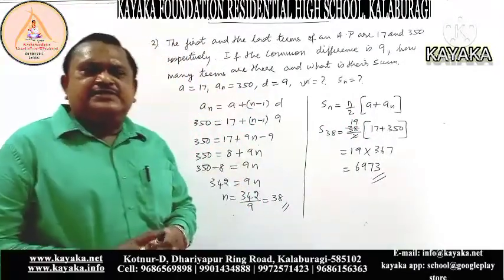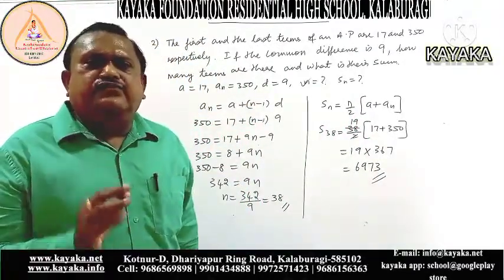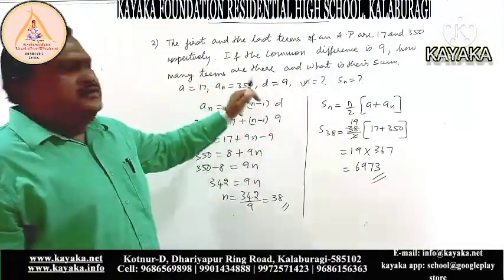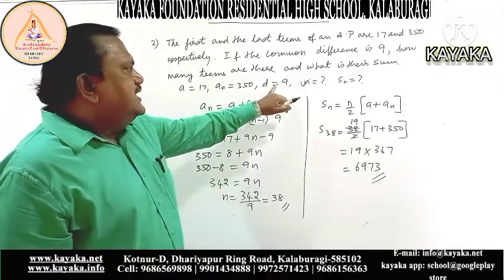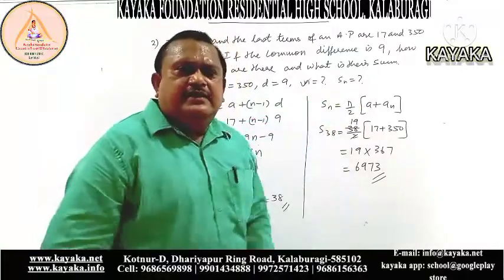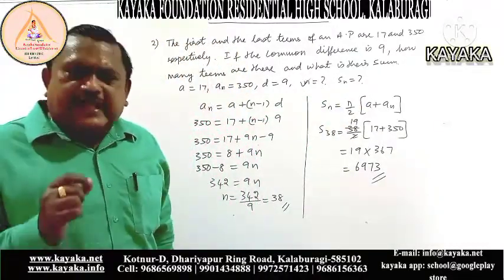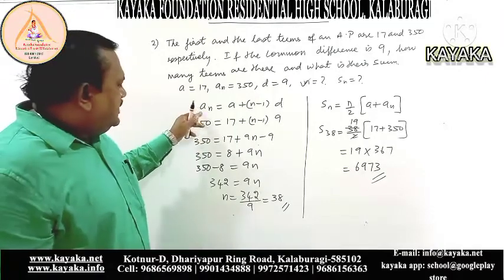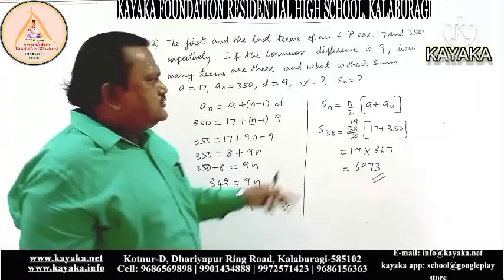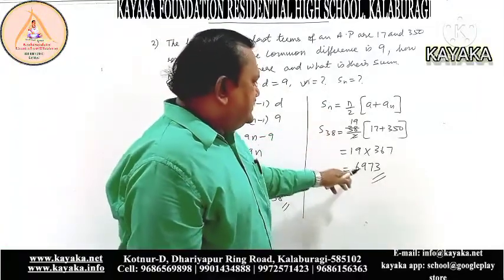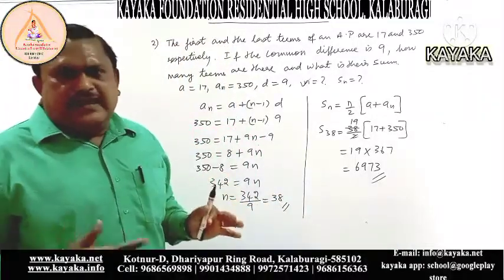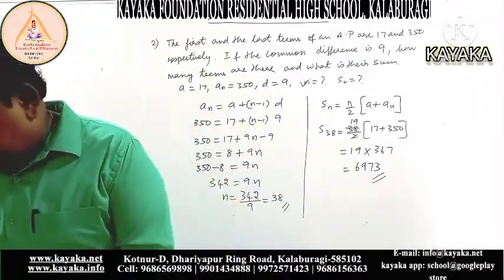Like this, in the exams, you have to do it step by step, you will get the full marks. First read the problem nicely, write what are the things they have given: a they have given, d they have given, and what you have to find: n and Sn. After writing, you have to think which formula we can use. Therefore, using the an formula, we get the value for n. Again, Sn has two formulas. Which formula do we have to use? This formula we will be using. We get the answer 6973. It is a very important problem, dear children. You can practice it. Okay, now we'll go to the next problem.